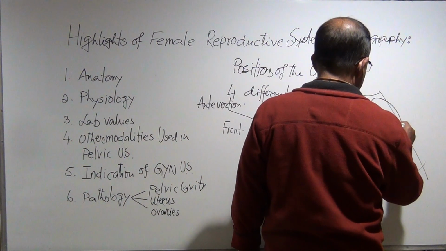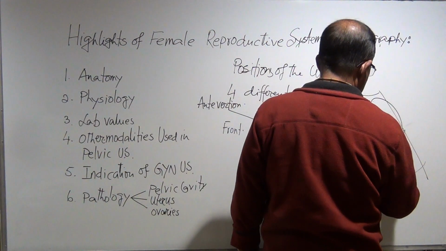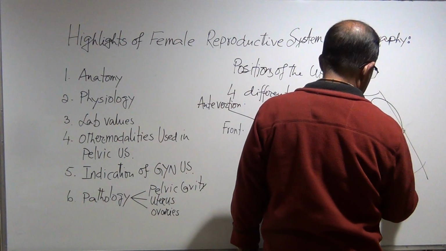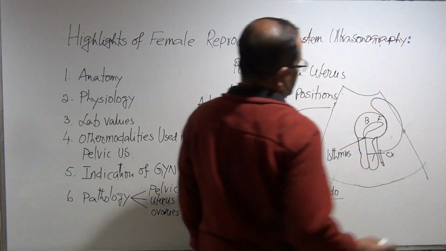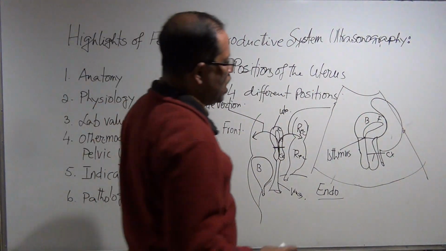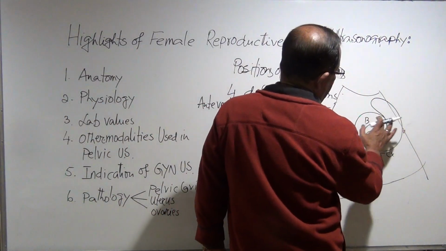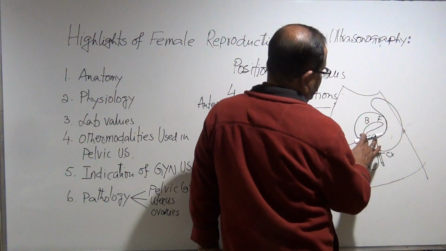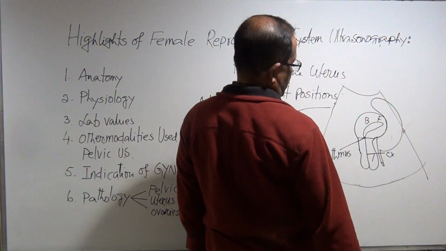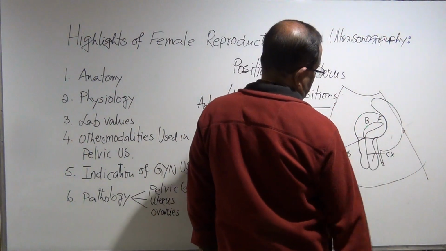You see there is a big indentation of the bladder. There's a big indentation of the bladder. Why? Because the body and fundus is flexed at the isthmus,